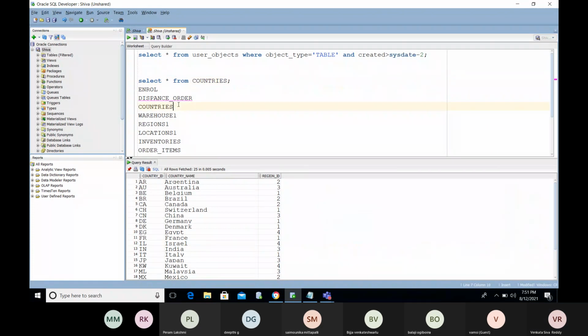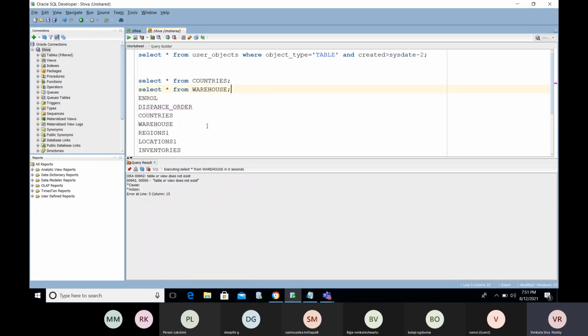These are the countries available in our countries table. The countries table will contain the country information. The warehouse table will contain the Godam information, in which area the Godam is, and all those things you can find out. No warehouses here.